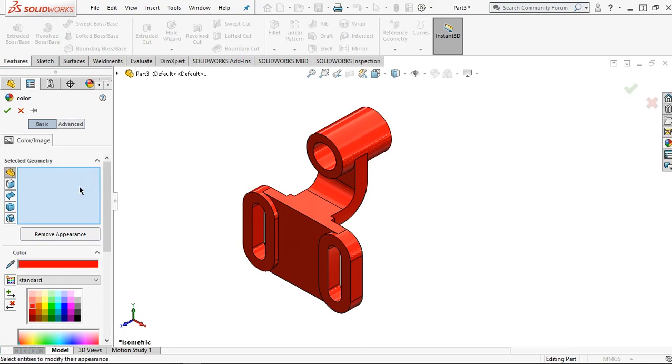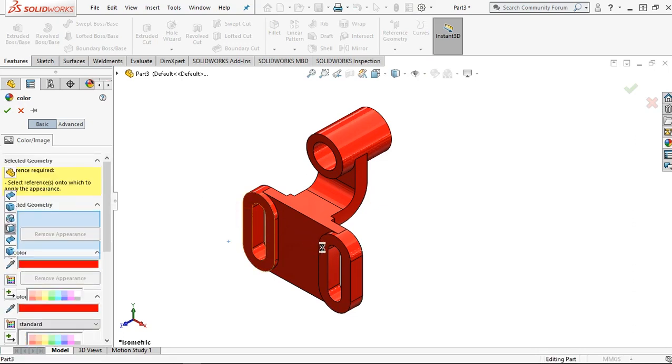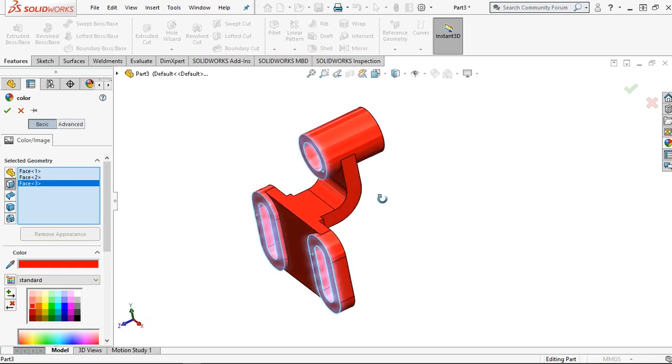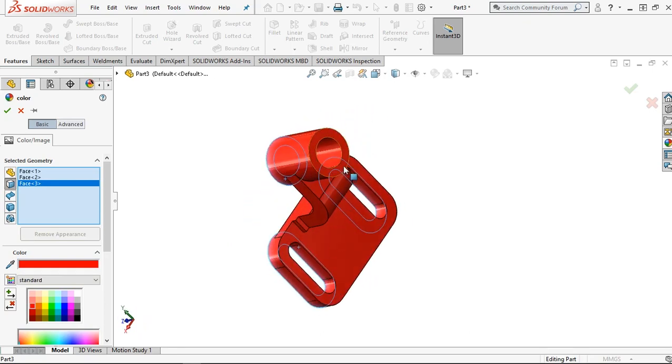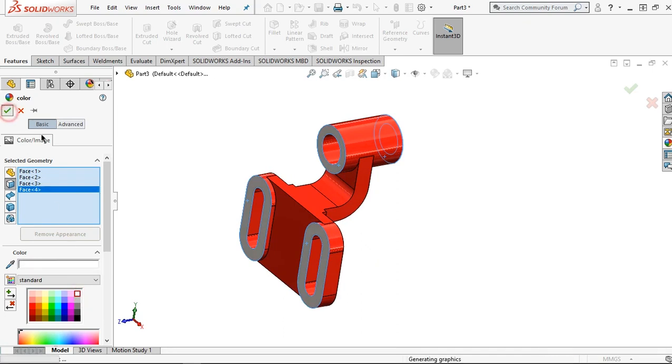Delete this. Click this select face. Then select the surface that you want to change the color. I want to make it this color, then OK.